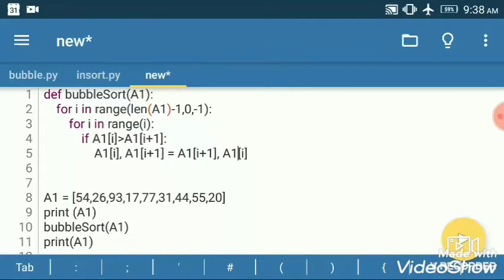In this sorting we run the loop and see that it starts from length of a1 minus 1 and ends at 0, and every time the decrement is done in this loop.